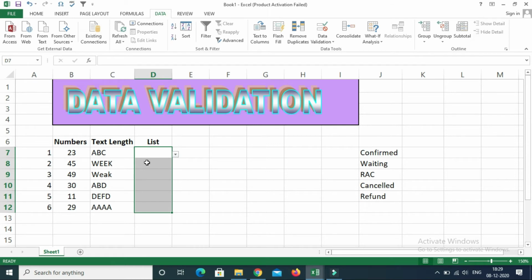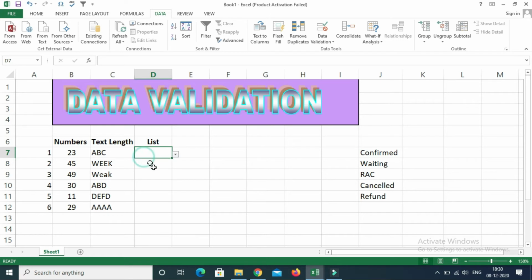So if you see, for these there is no drop down. You click on any cell, there is no drop down. Only for this you will get a drop down here. Now I have selected only till here, so I'll get the drop down till here. For any cell you select, click on that, you get this drop down. After this, if I click on the cells, there is no drop down. So this can become problematic if you don't select it properly before you apply the data validation.